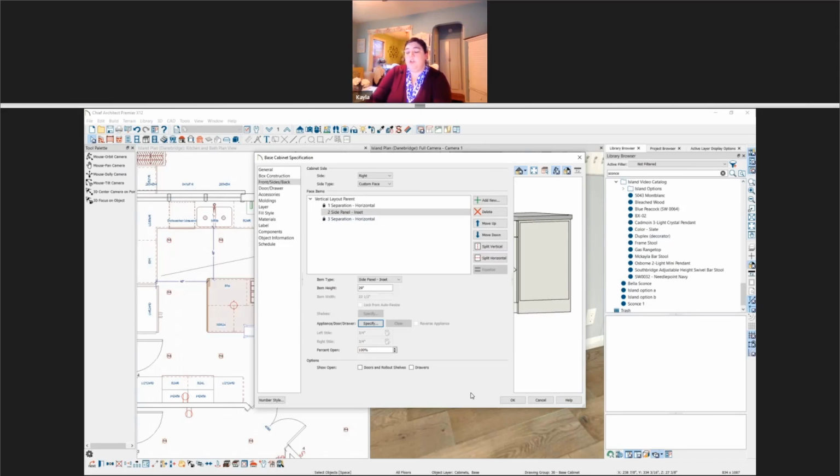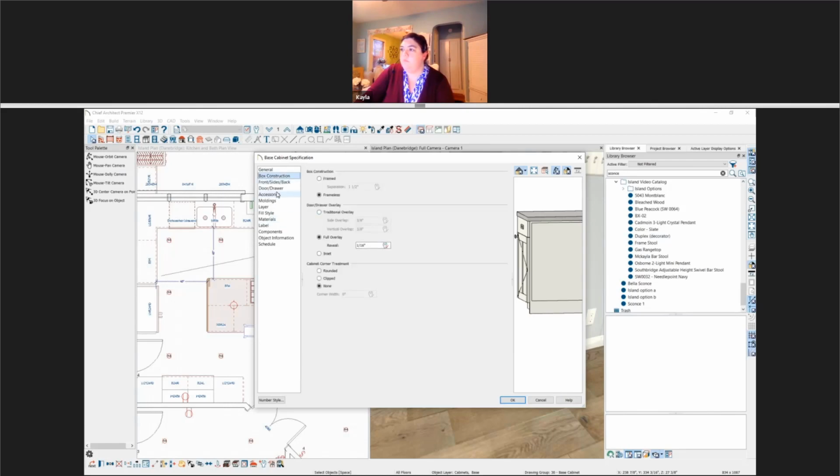That's a good question. I believe with the combination of inset door and a side panel, we don't have a way to force the panel to overlap that face frame right now. So I think there's not an automatic tool to make that happen.